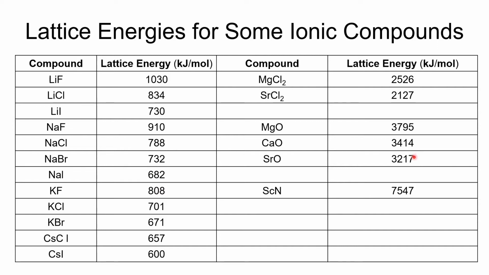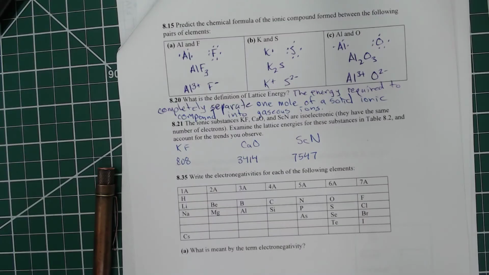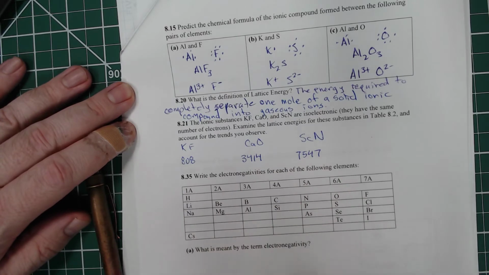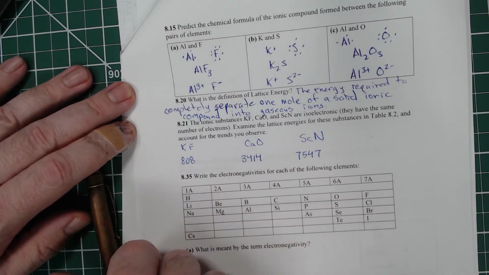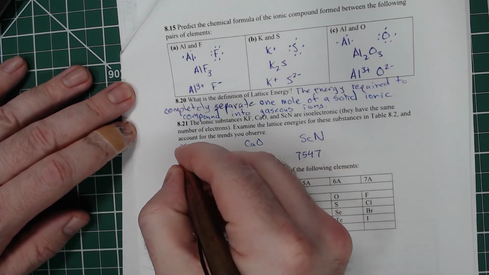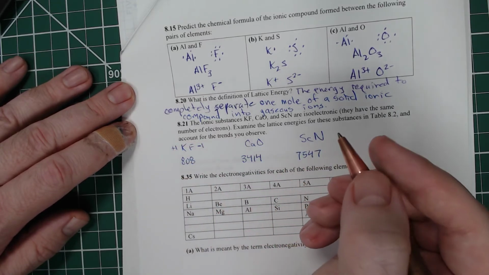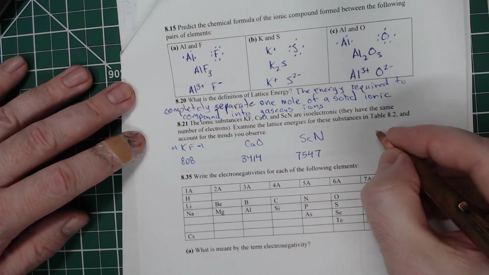And scandium nitride at 7547. All right. So 7547. So now let's go back and look at this and we will see, all right, well, definitely these are much bigger. And the reason that they're much bigger is that the charges are bigger. If you look, potassium is +1 and fluoride is -1. And if we go and look at that formula,